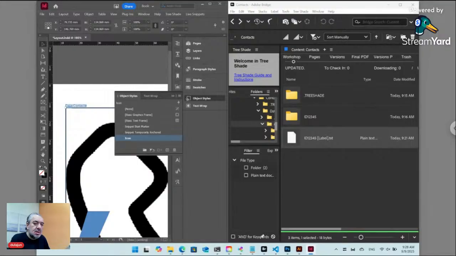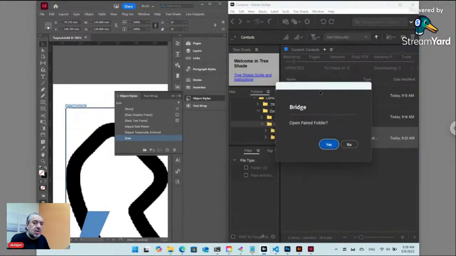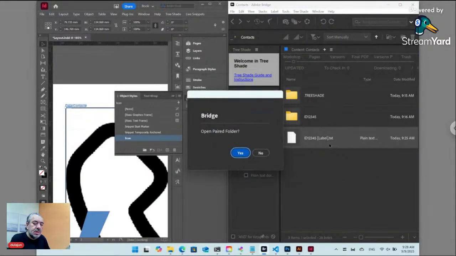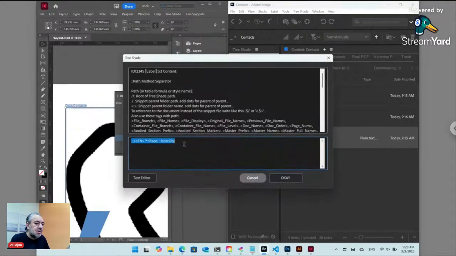So double click here on the text that represents the item, the icon and content, and here let's open the text file and add